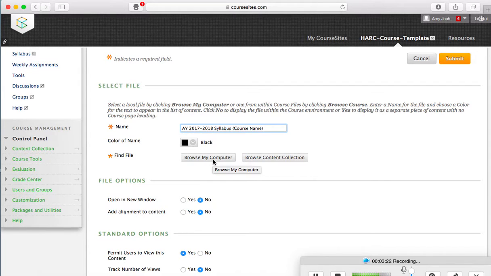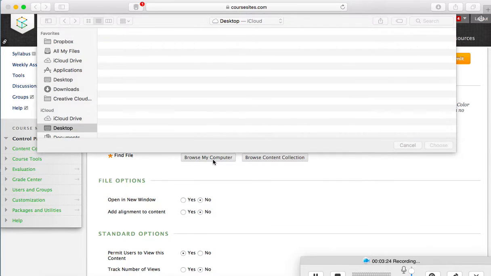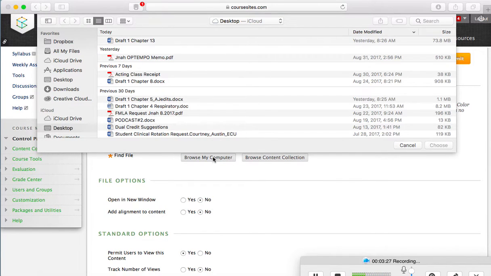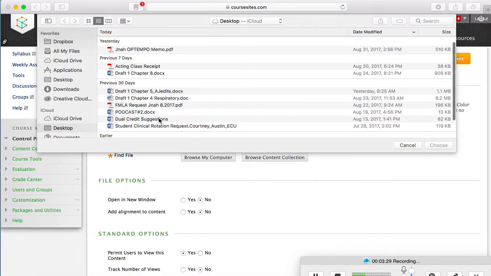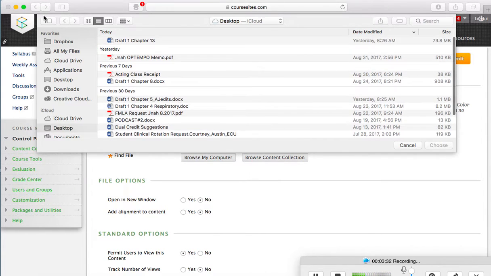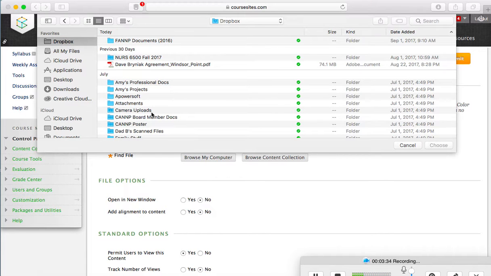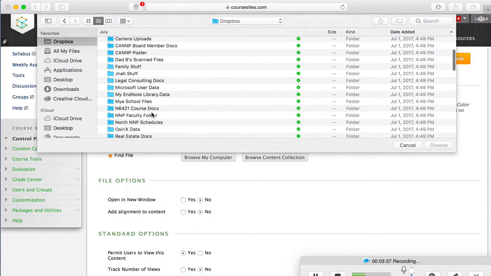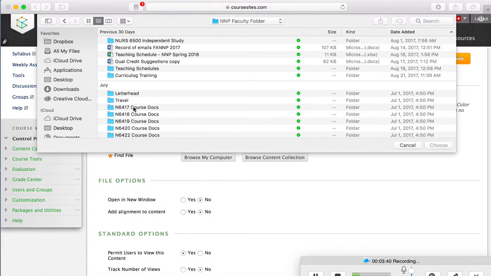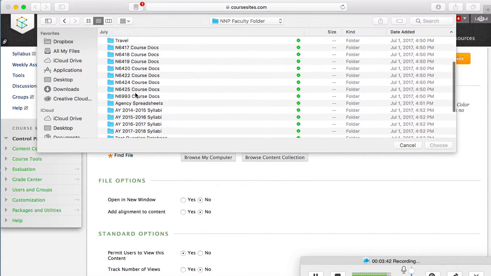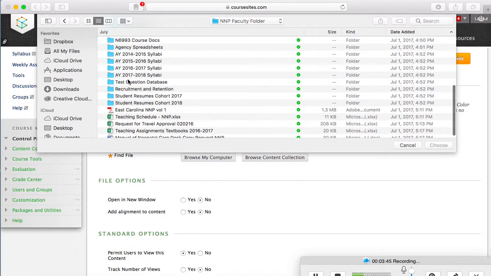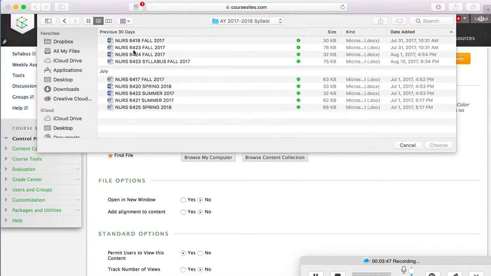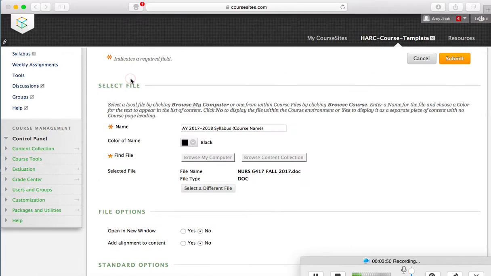Then you're going to browse your computer, and I'm going to try and find a file that does not necessarily have a whole lot of content associated with it. And bear with me, guys, I use Dropbox with my faculty here, and so that tends to help quite a bit. And let me just find my syllabus for my physiology course, because I know that's a smaller document size and that'll upload well. So you find your file on your computer, you select it just like I did, and